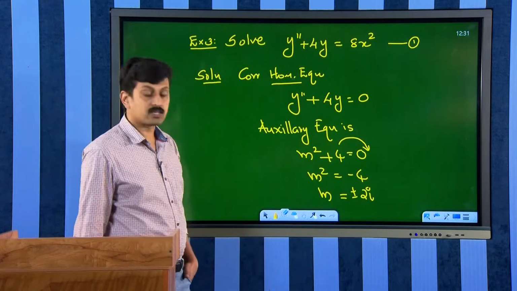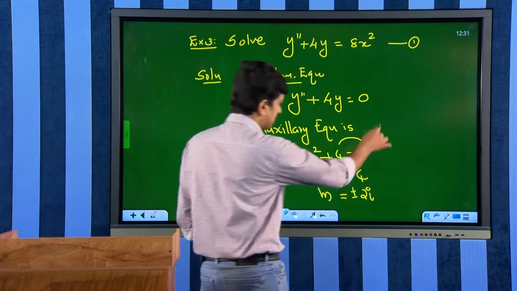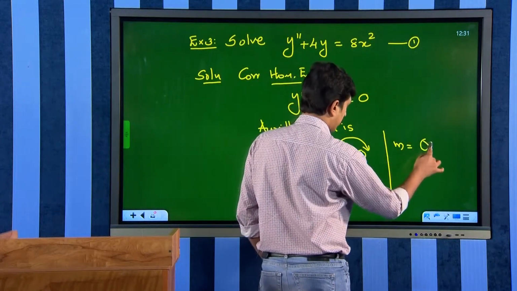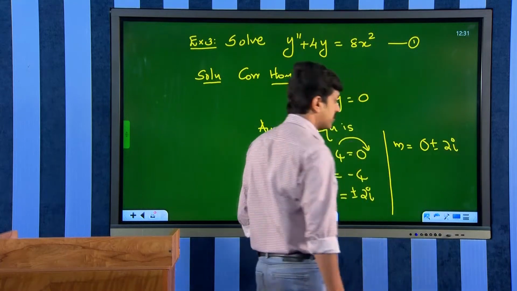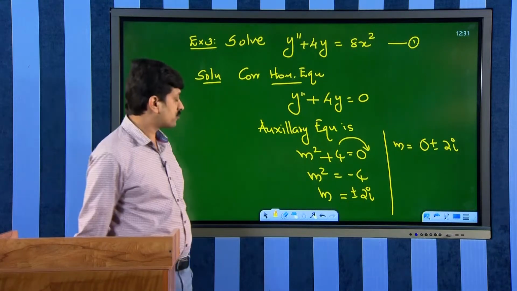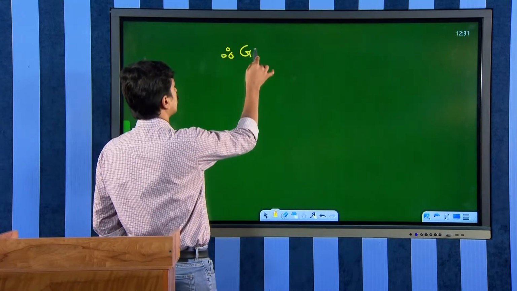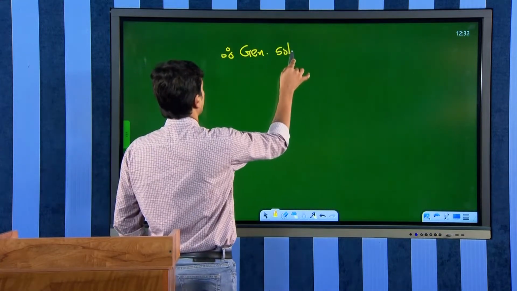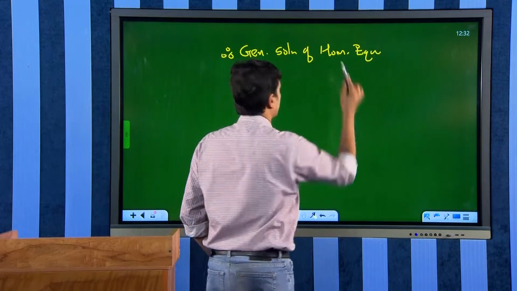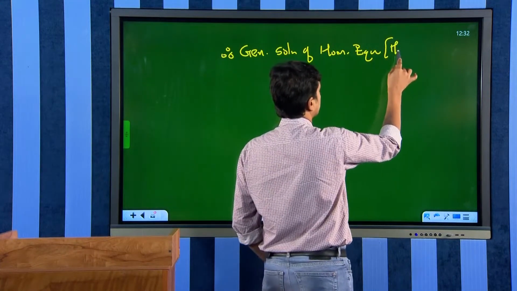So, we found there are two values of m and their real part is equal to 0, that is m is actually 0 plus or minus 2i. Therefore, e raised to px, the p is equal to 0. Therefore, the general solution of the homogeneous equation or the homogeneous part is actually